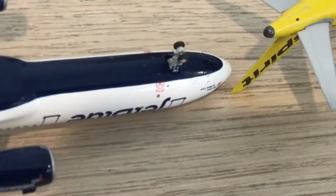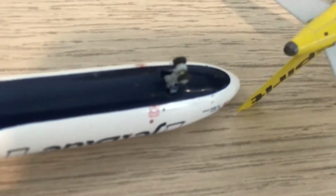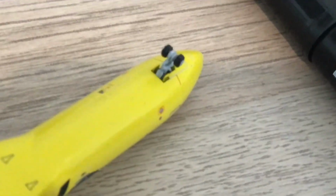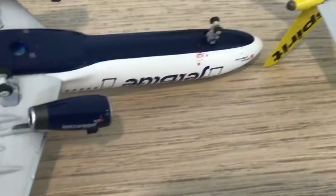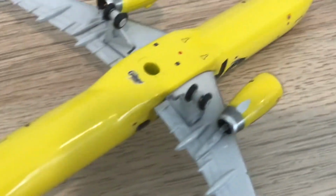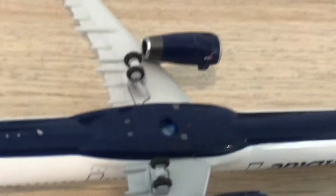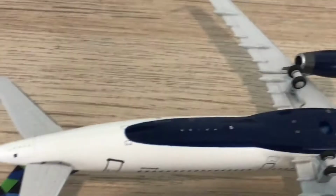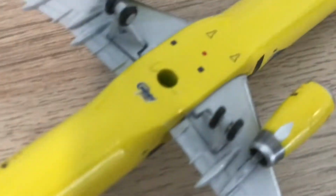We're going to move on to the underbelly now. I don't know if you can see those on camera, there's some yellow dots at the front there. Now, I can't say anything about that because this is Spirit and so it's yellow and I can't see that very well. But I should be able to see some main detail on the main section and Gemini Jets. I don't know if you see that, but there's more detail on the bottom of the NG one. That's very interesting. In the middle part, Gemini just don't have as much detail as NG,